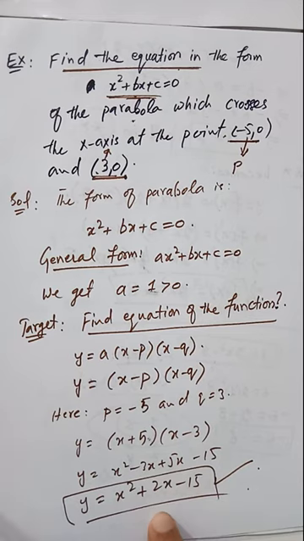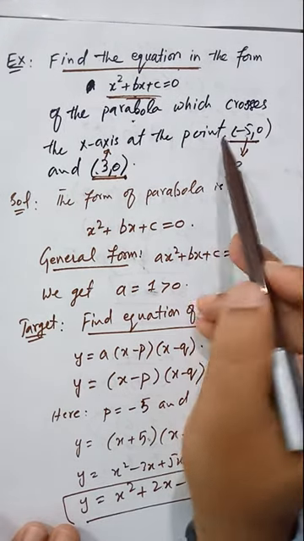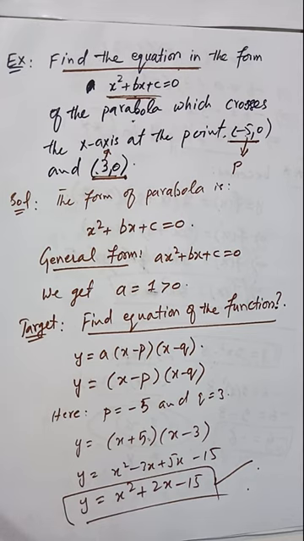So you see that from the given information, we find out the equation. And the given information is regarding the graph of the function. You see that the parabola passes through these 2 points. So parabola is actually the graph of the quadratic function or the quadratic equation. So you see that you are predicting the function's equation from its graph. So this is the second example.